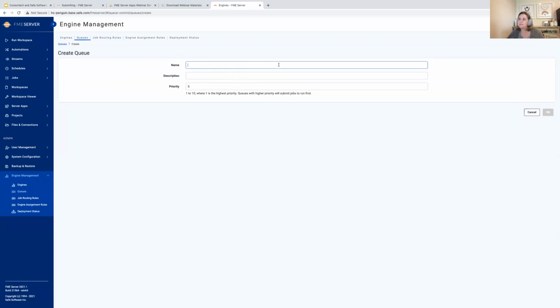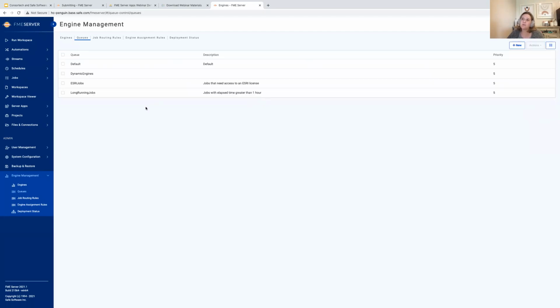But the first thing I just need to do is create a queue and give it a name, if I can spell. And I'm going to leave the priority at 5. We could change the priority here. And what that would mean is if an engine was assigned to multiple queues, one job would have priority over another one. Okay, so after I've created the queue name, the first thing I need to do is create my